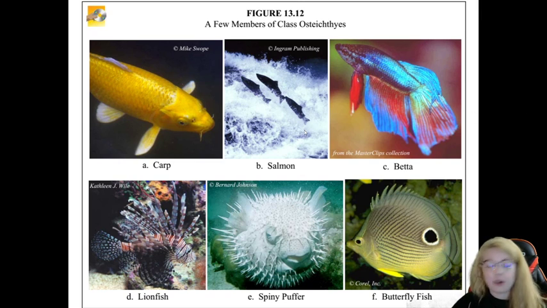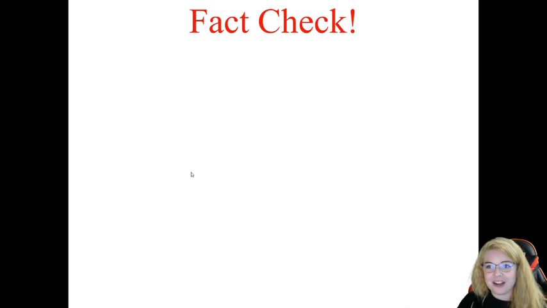But we will not be diving quite as deep into these fish as we would have been in the classroom. We were slated to dissect a bony fish and to see some of these internal organs ourselves, but unfortunately that's just not how the cookie crumbled this year. All right, so